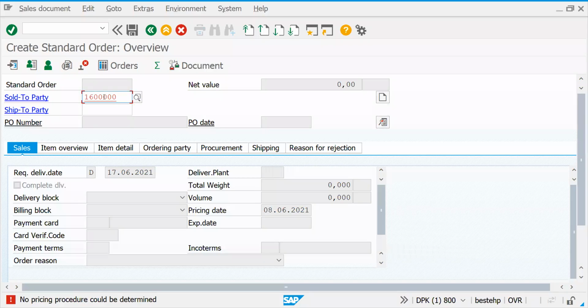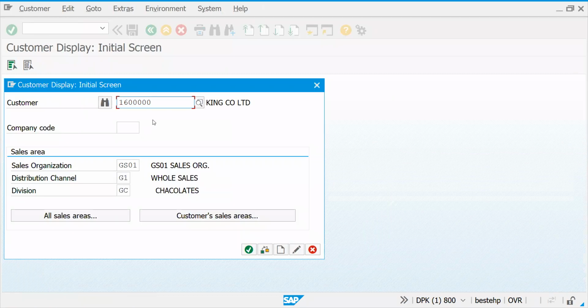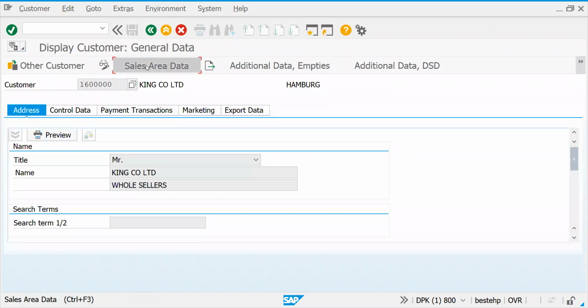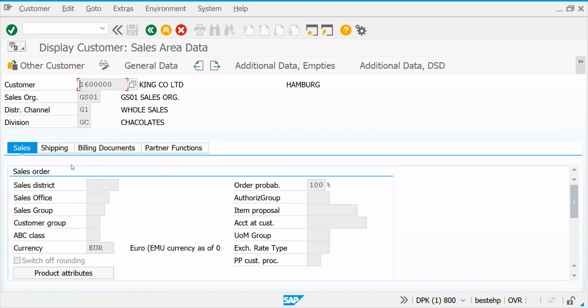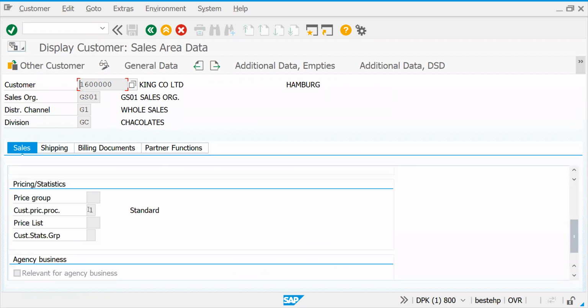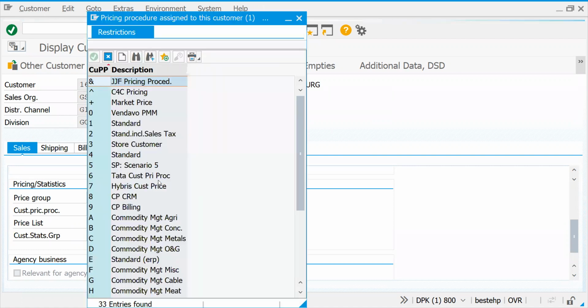Here you will have something called customer pricing procedure. Let's go back to the sales area data. In the first tab, this is standard. You can define this on your own. That means you are linking that this price should be applicable for this customer.